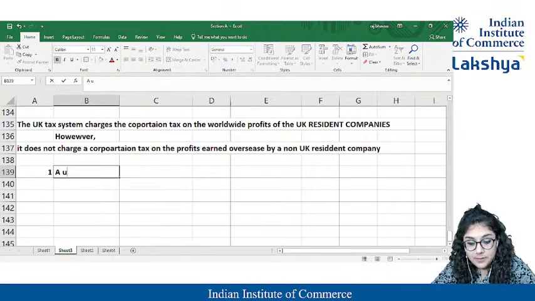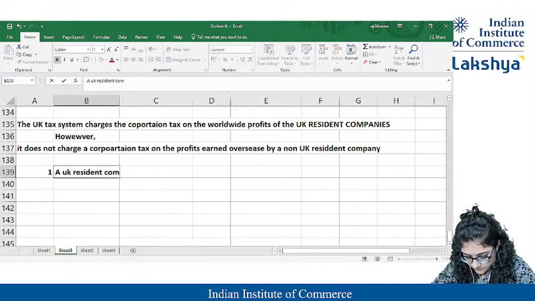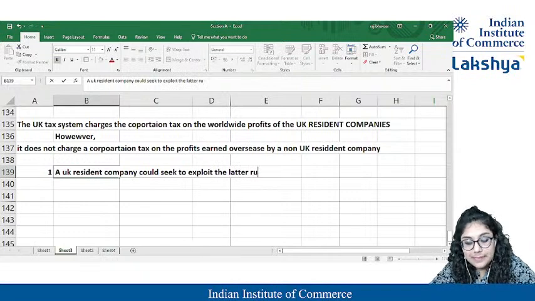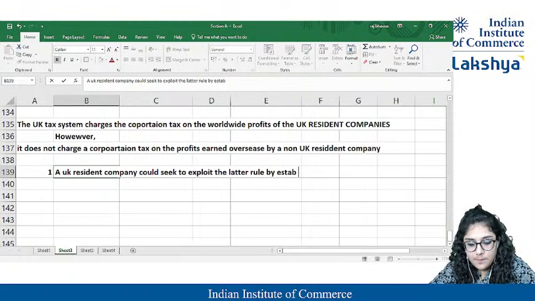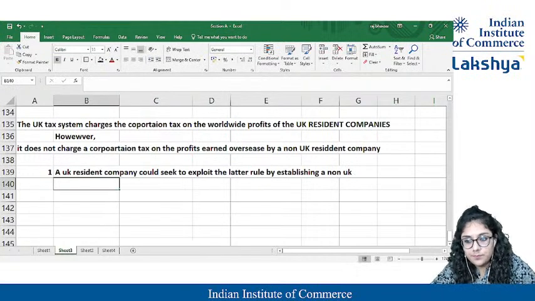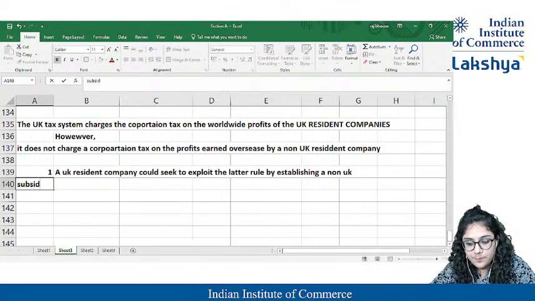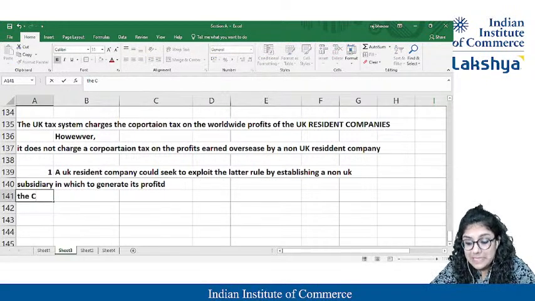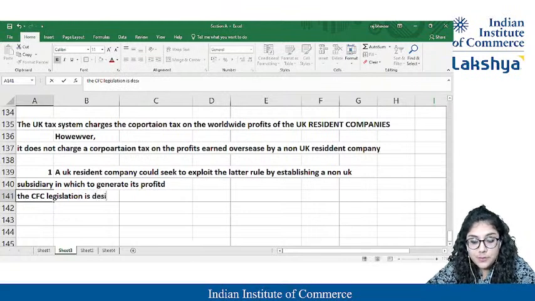But now a UK resident company could seek to exploit the latter rules by establishing a non-UK subsidiary to generate its profits. Then the CFC legislation comes in. The CFC legislation is designed to prevent